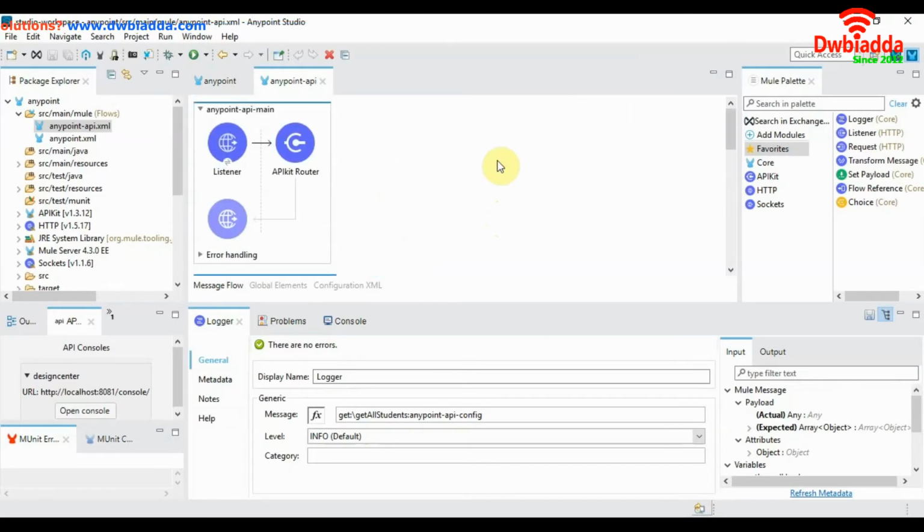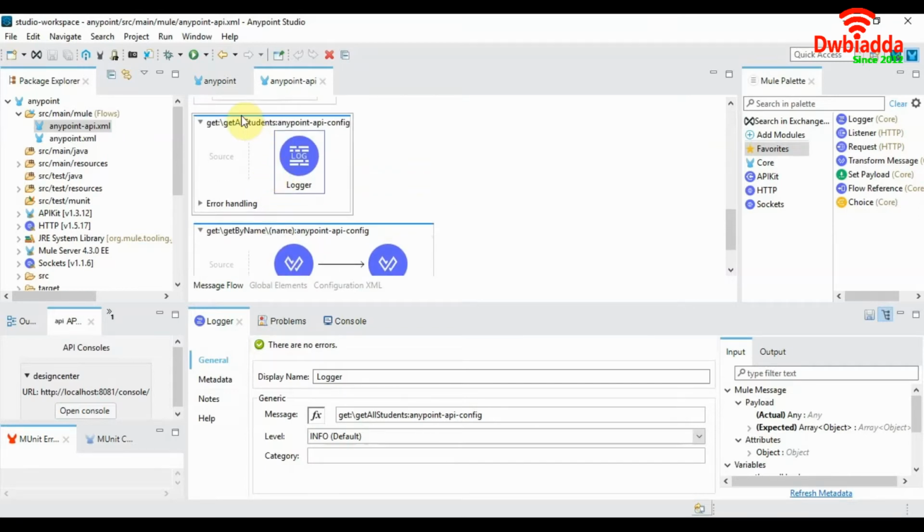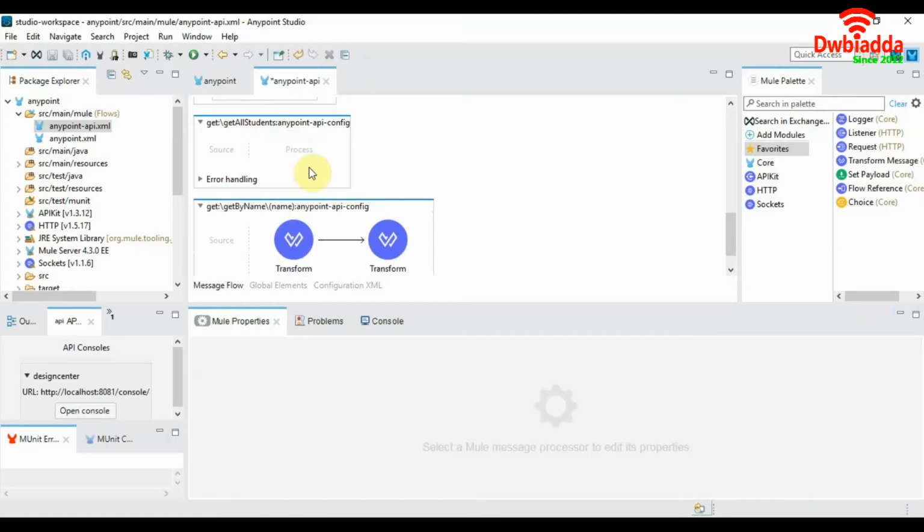If we see the APIkit router, what happens with the APIkit router is all API calls to our Anypoint API will travel through the listener to the APIkit router and then to their respective flows depending on the endpoint specified in the request. So get all students will come here and get by name / name will come here. So let's delete these components and design our own implementation.